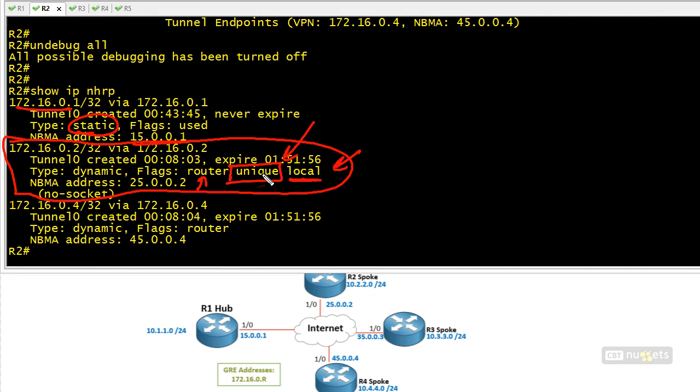Effectively, we're not going to override this mapping, because it's our mapping, with a different IP address or a different NBMA address, which could possibly happen if we had another spoke, for example, that was misconfigured with the same tunnel IP address as R2. And if that happened, where we configured 172.16.0.2 on R3's tunnel interface, and R3 registered and that information was advertised, then we have another mapping that says 172.16.0.2 is mapped to the NBMA address of